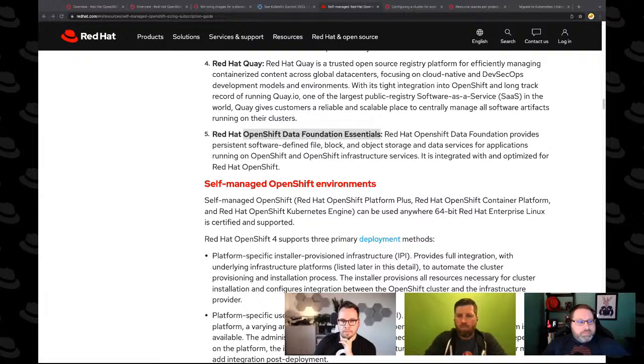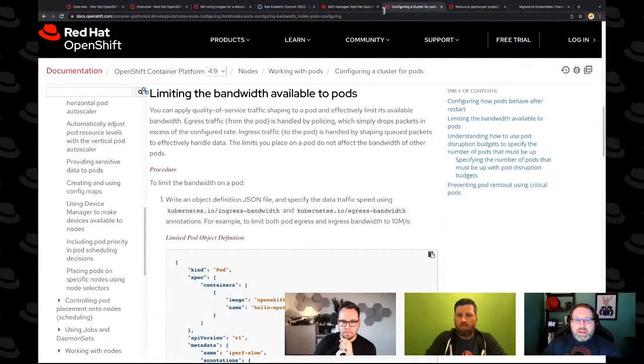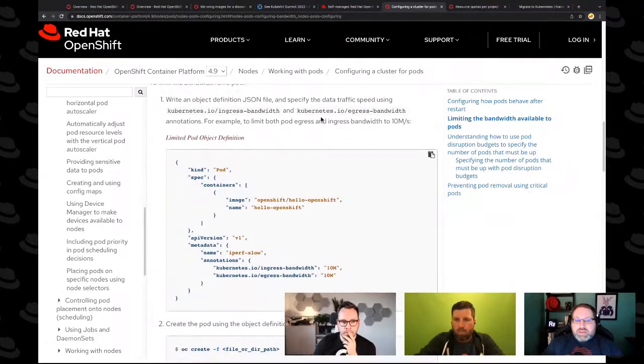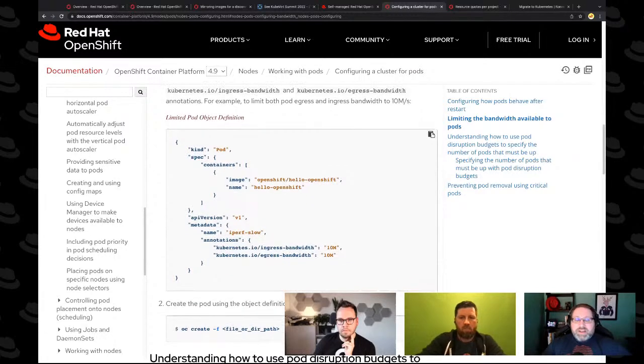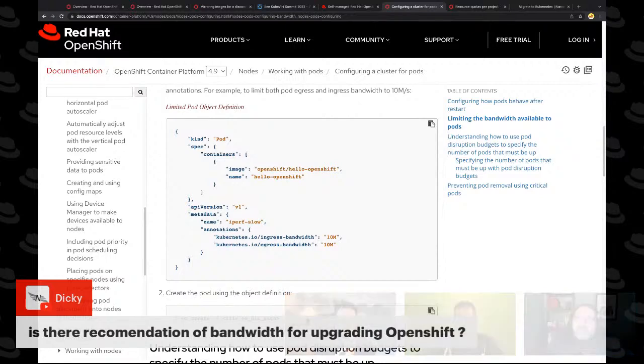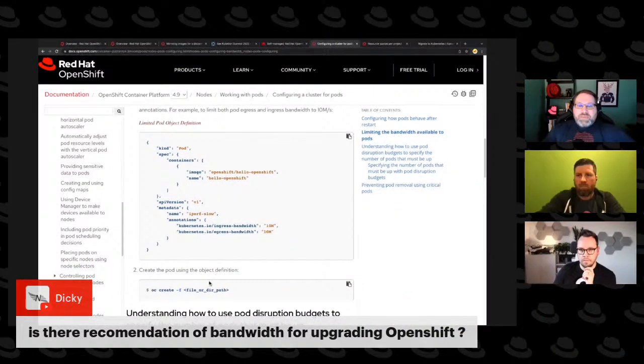Next one, this is one that I didn't know about, and it's more because the docs are just huge and massive. But somebody had asked, is there a way that I can limit the bandwidth that a pod is consuming? And it turns out, yes, it's actually built-in functionality. So you can see it's a very simple annotation to go in and say, I want to limit the ingress and egress bandwidth. So this came up in the context of, I want to find out what happens if I limit my